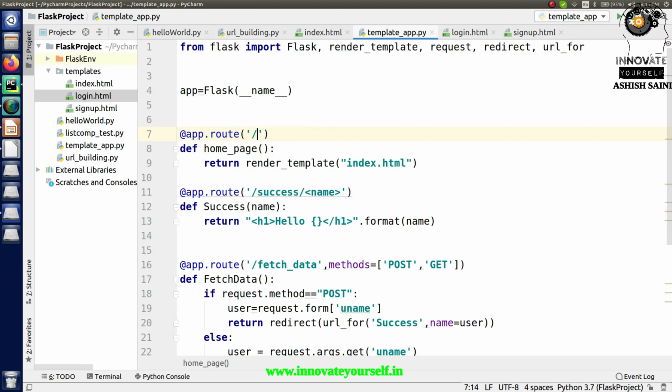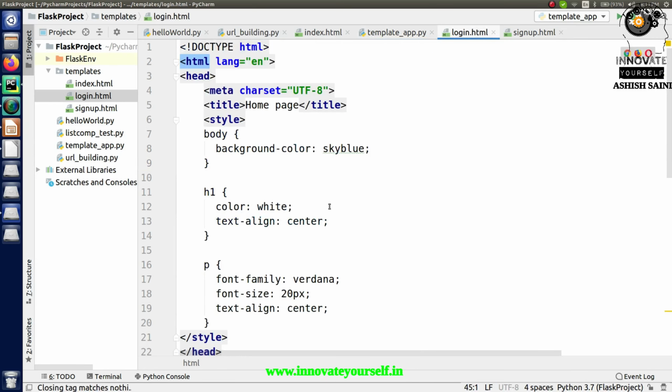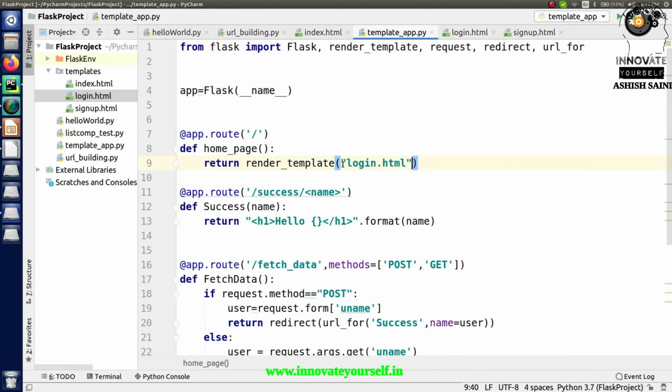Let's not call this the home page. Slash will automatically be treated as a home page, right? So this is what I will do, and after that I will change it to the login part, because I want to see this page on the home page when I open this URL, or let's say when I open this API. There I want to call this part and it will show you this logging in page.